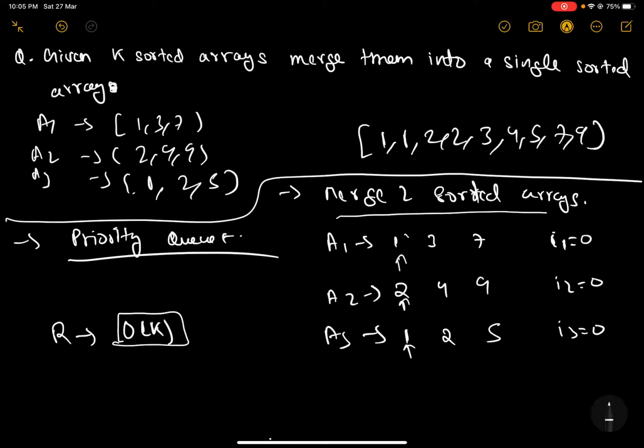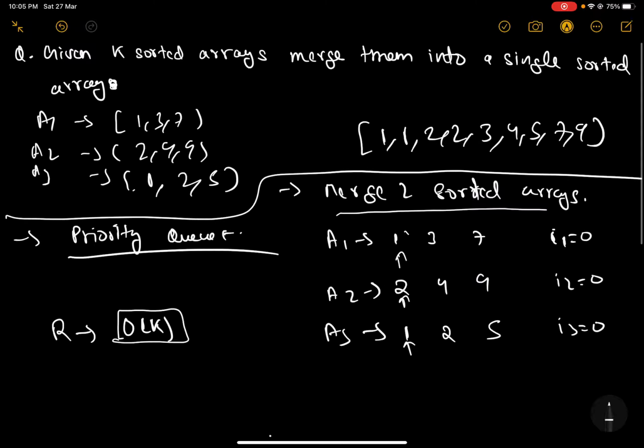So now just continue with the algorithm. Let's say in this case I1 is the smallest one. Both I1 and I3 are pointing at the element with equal value. Let's say I am prioritizing choosing from array 1 here. So the next element of the resultant array, or the first element in this case, will be 1, and the pointer for 1 will be incremented to 3.